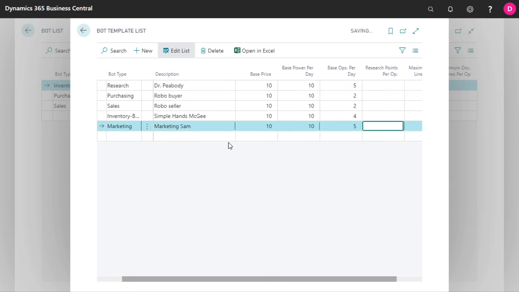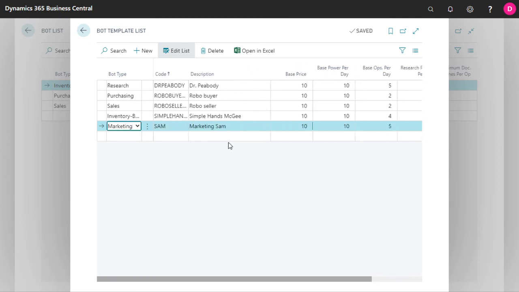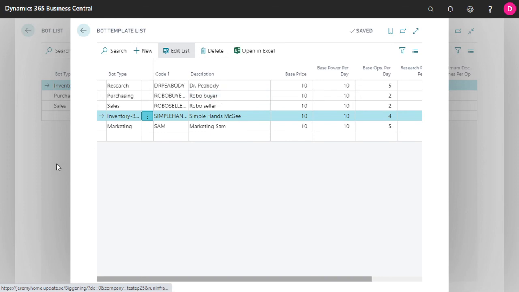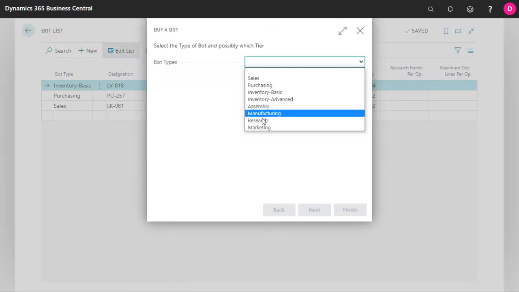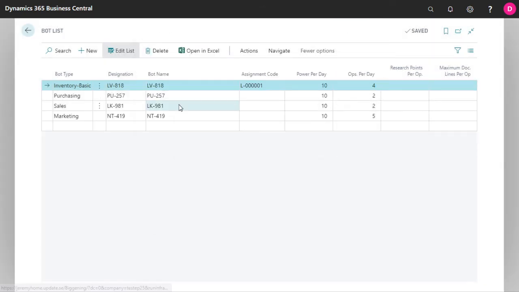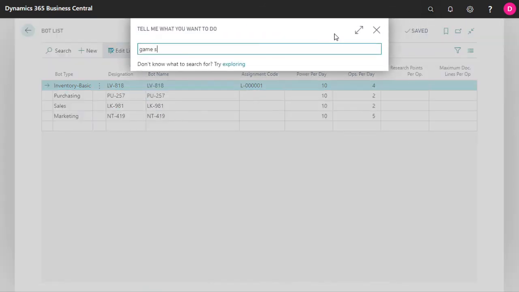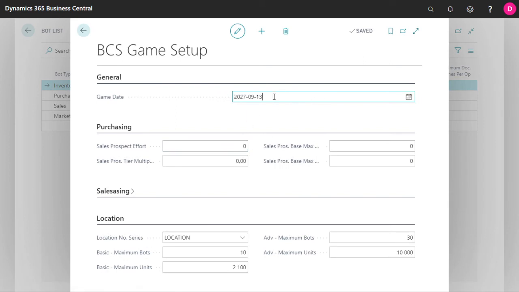So we'll give it 5 operations per day. Sounds fine. Okay, so now we've got the ability to have a marketing bot, and for now there's no assigning process for that. So at least now, theoretically, this player has the basic tools necessary to get something started. So now if we do a game setup and we tick this up,